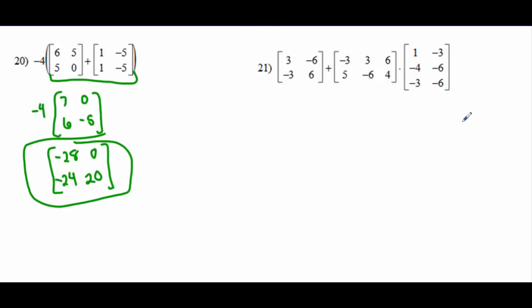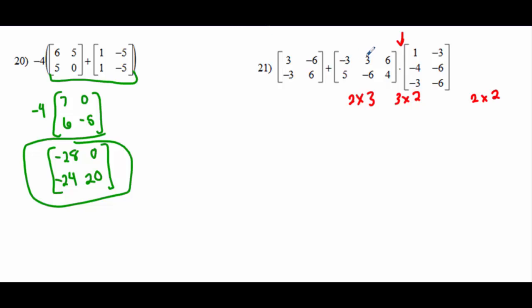And finally, which comes first, addition or multiplication? Definitely multiplication. This is 2 by 3 and then 3 by 2, and so the middle numbers match, and it's going to give us a 2 by 2, which is good, I guess, because that means we'll be able to add it to this first matrix. I said I guess because this would be easier if it didn't work, because then we would just say it was undefined. But right now we're just not going to worry about this. Don't actually mark it out on your paper, but we're not going to worry about that part until we're done with the second part,